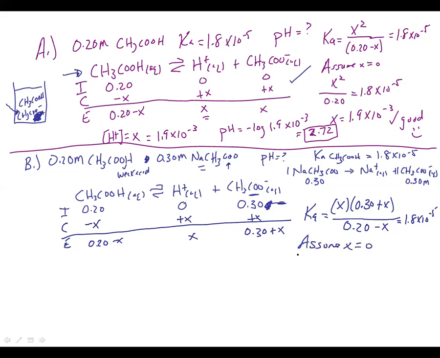That's going to give us x times 0.3 divided by 0.2 equals 1.8 times 10 to the minus 5. Again, we're going to multiply the bottom to the other side and divide by 0.3. So 0.2 times 1.8 times 10 to the minus 5 divided by 0.3 gives us 1.2 times 10 to the minus 5,